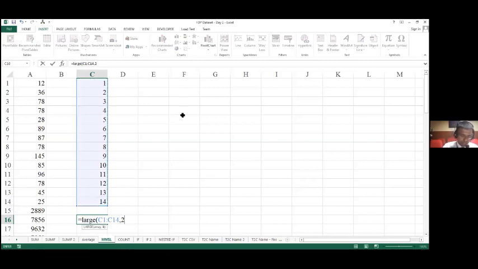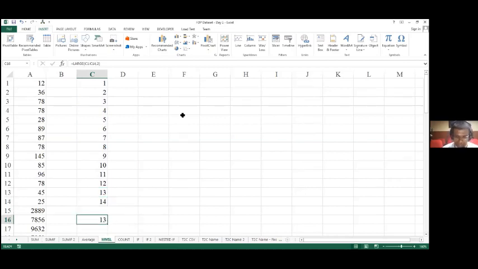Since the series is small, I know that 14 is the largest number, but from 14, which number is at the second position? I would use 2 and then close bracket. It has found out that 13 is the second largest number in my series.